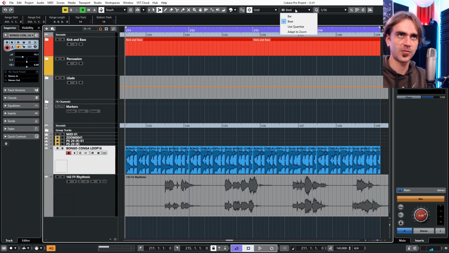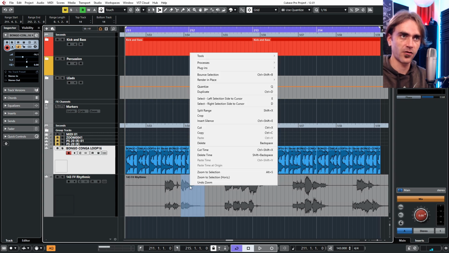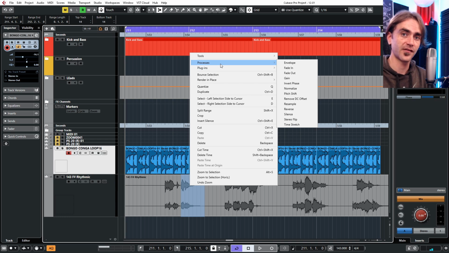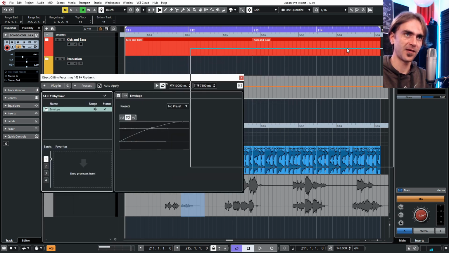Well, let's say, for example, I actually want to quantize. Let's say I select this region over here, then right click and apply a process to just that region. I want to show you guys a couple of the different processes that you get within Cubase. There's obviously a bunch, but these are most of the ones that I use in my regular workflow. Envelope is particularly cool, especially for creating